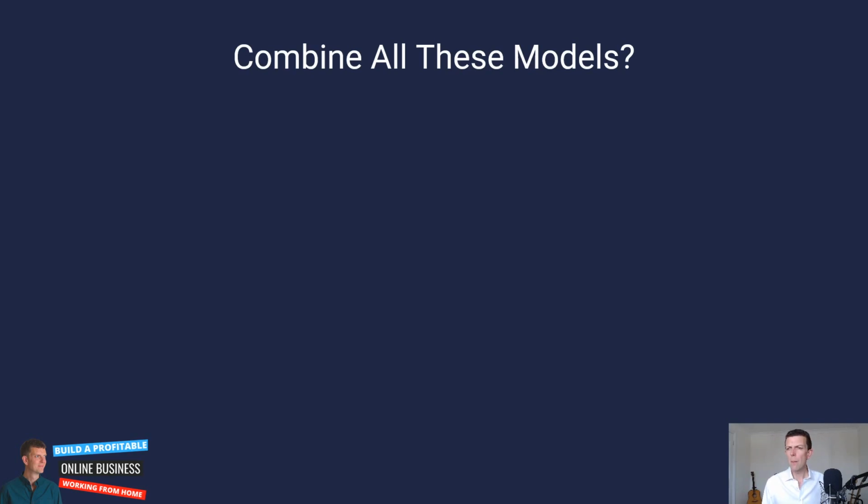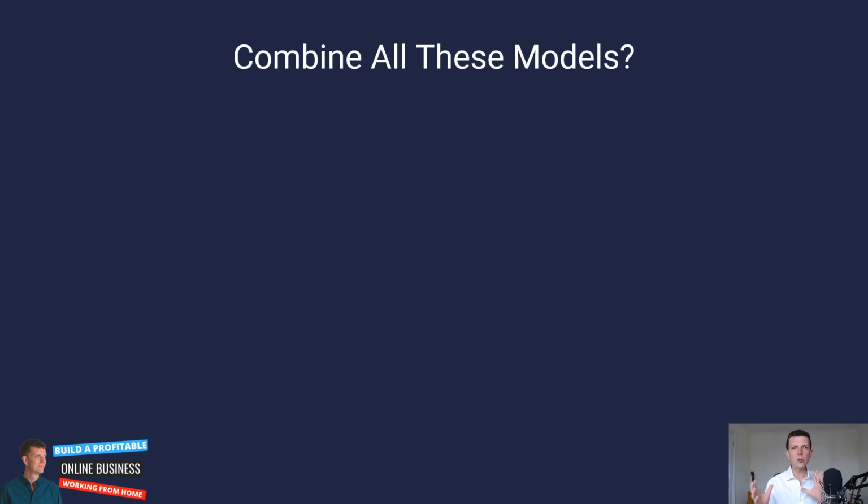Now, what about combining all of these models? So remember what we talked about. Last time we talked about nano products and online courses. This time we talked about continuity, recurring income, and coaching. All right, so there's four. What about doing them all together? Well,